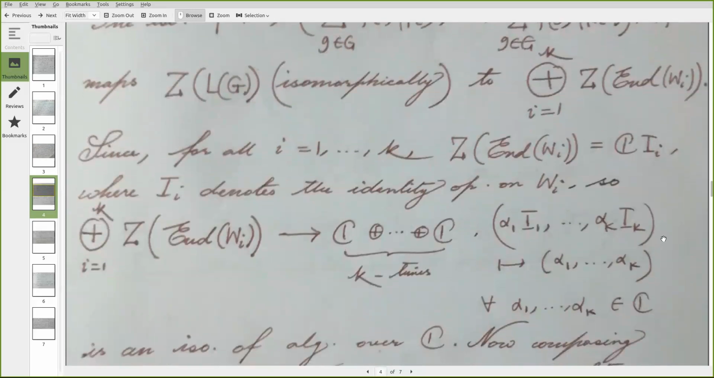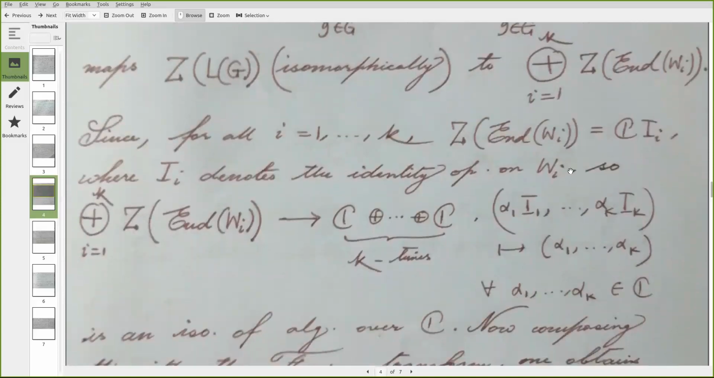That is some scalar multiple of the I1. I1 is the identity operator on W1. So we have already defined that Ii denotes the identity operator on Wi. So a typical element here looks like this, and then we simply map it to alpha naught to alpha k. That gives an isomorphism between the direct sum of centers and the direct sum of